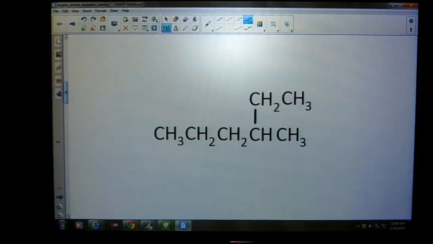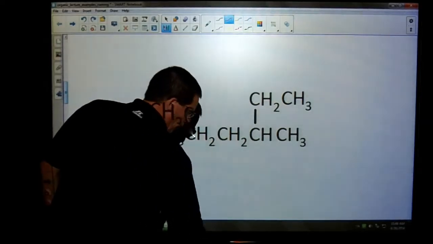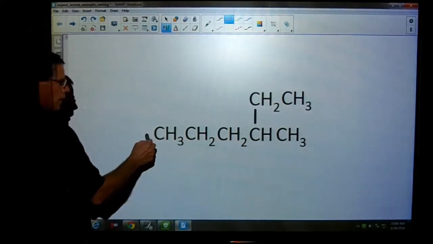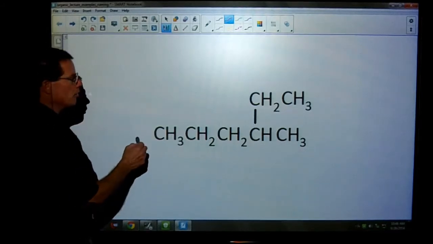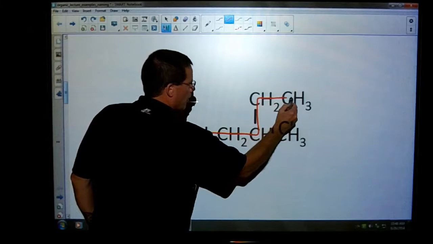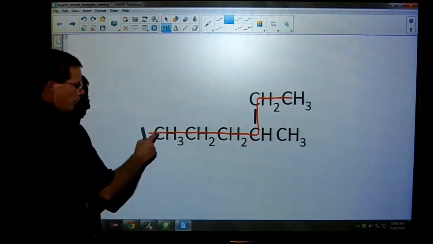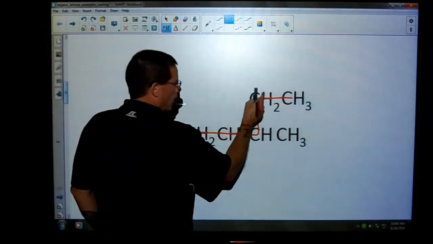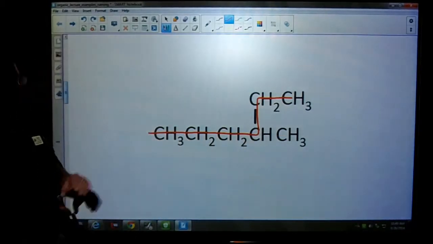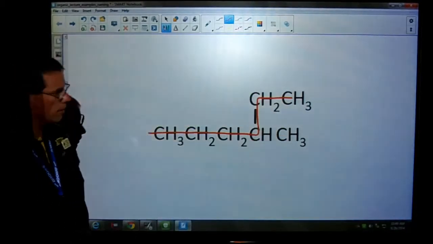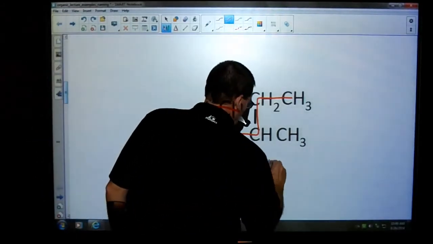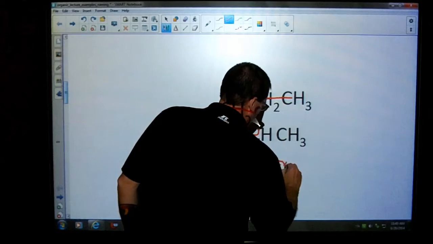Looking at this compound here, we want to find our longest chain. And so if we said, oh, okay, we go here, that's our longest chain, it actually is not. Our longest chain goes here and there. Now, do realize that we have 1, 2, 3, 4, 5, 6 carbons as opposed to just 5 here. So identifying the longest chain in our molecule gives us our root, which in this case is hexane, because hex